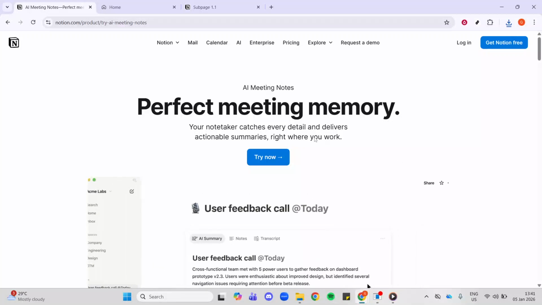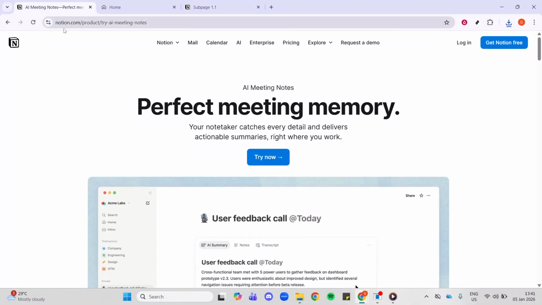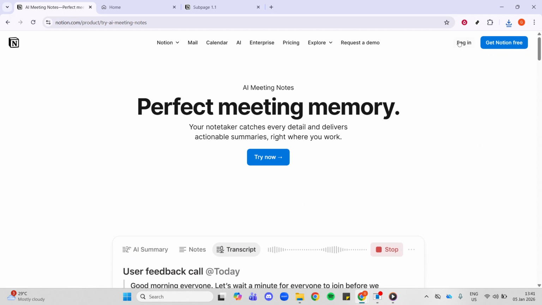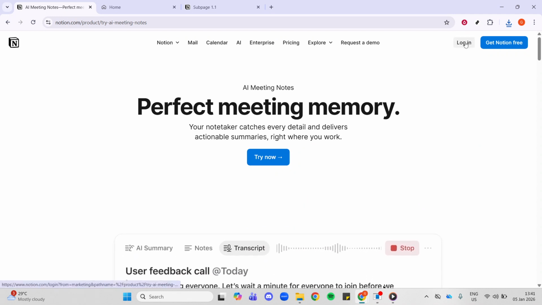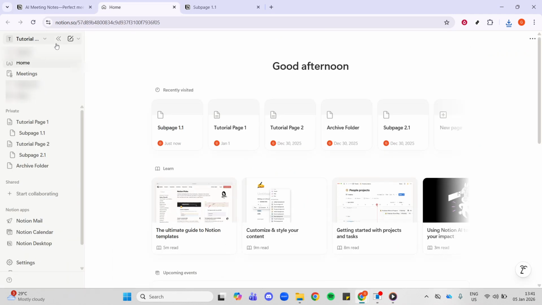In today's video, I'm going to teach you how to use the Notion list view if you want a simple, clean way to organize items like tasks, ideas, or notes. The list view is a great choice because it keeps everything compact and easy to scan while still letting you